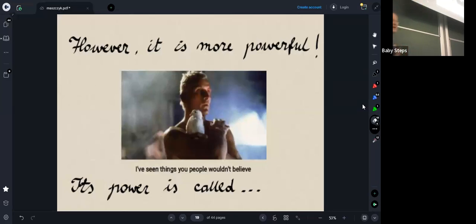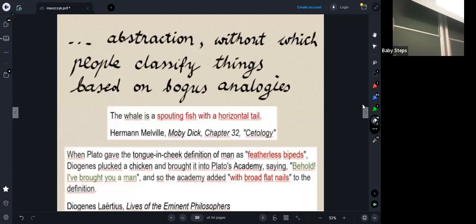So this is a replicant, Roy Batty, from the movie Blade Runner, saying that I've seen things you people wouldn't believe. And the secret power of mathematics is abstraction, without which people are keen to classify things based on completely